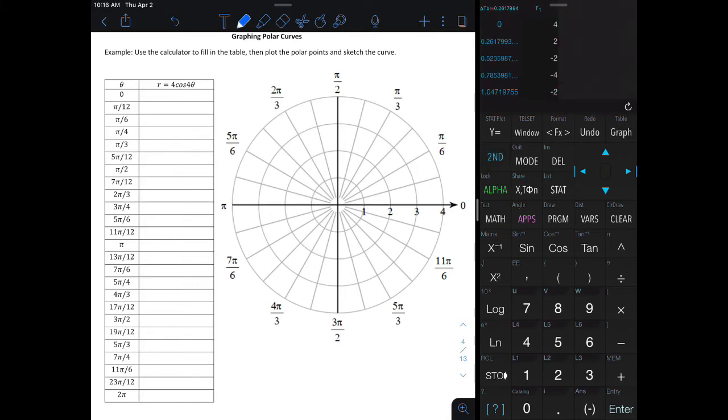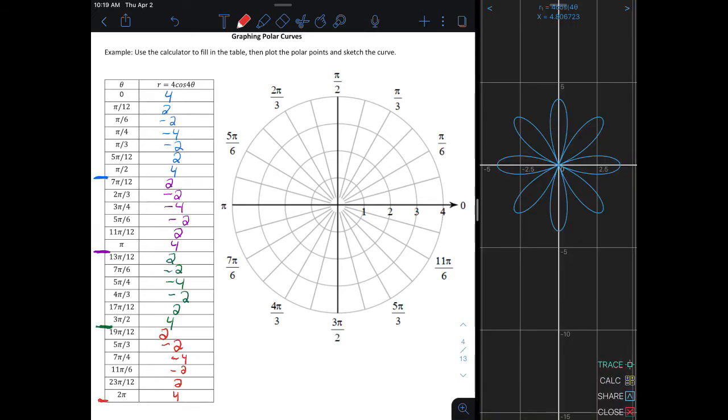And I look, and the left-hand column is my theta numbers. It gives me my r values that correspond to it. So I am going to go ahead and fill in my table accordingly, and I'm going to color code kind of by what quadrant to help me get going. Okay, so now we have this table made, and we're going to plot the points in our table on this